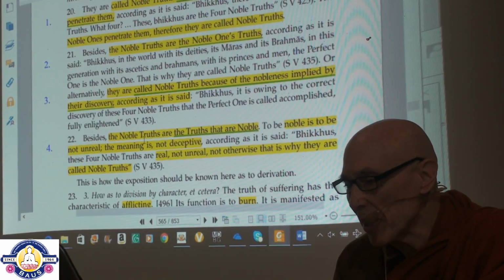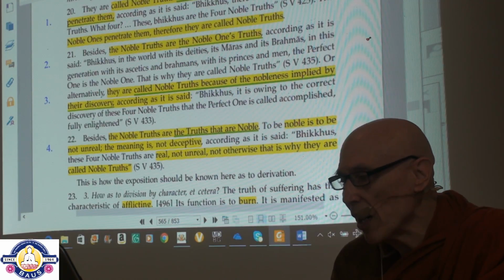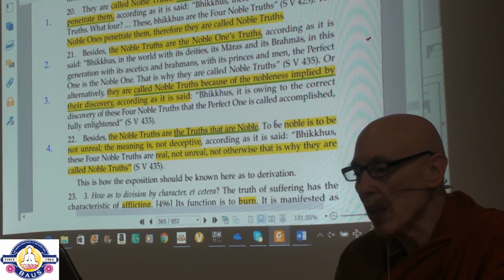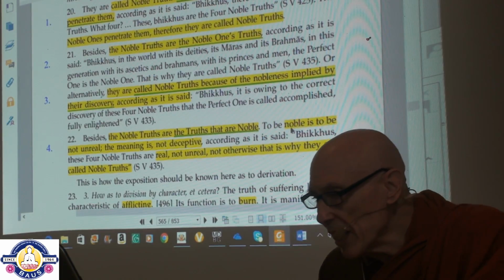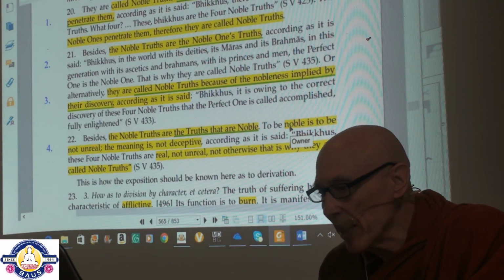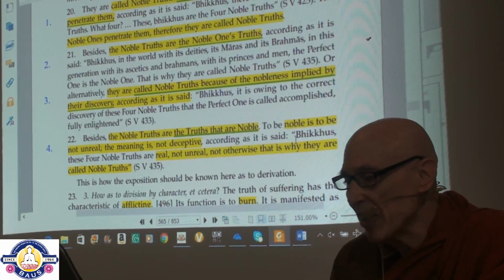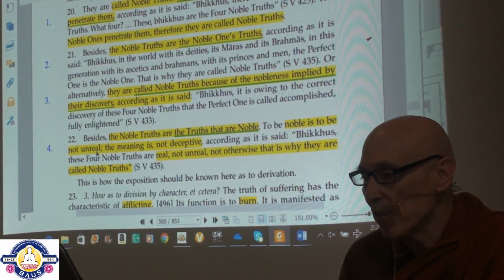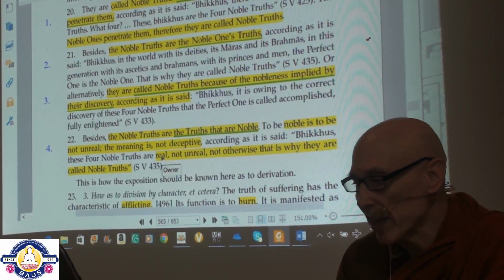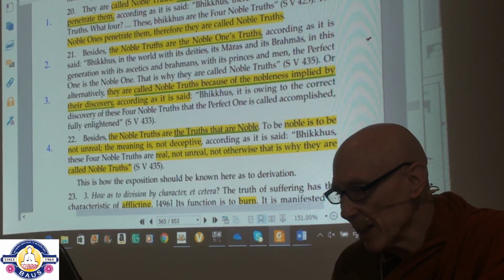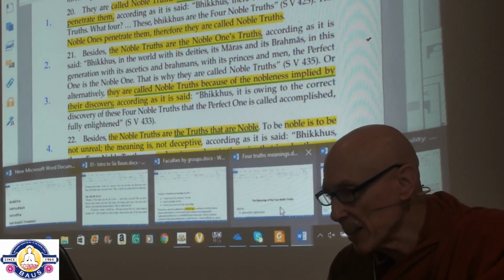And then this I find to be the most interesting and maybe the most convincing reason for calling them noble truths. So the noble truths are the truths that are noble. And it said that to be noble means to be, we have to say, to be real, to be true, to be not deceptive. And so then there's a sutta which says that these Four Noble Truths are real, not unreal, not otherwise. And the Pali for this